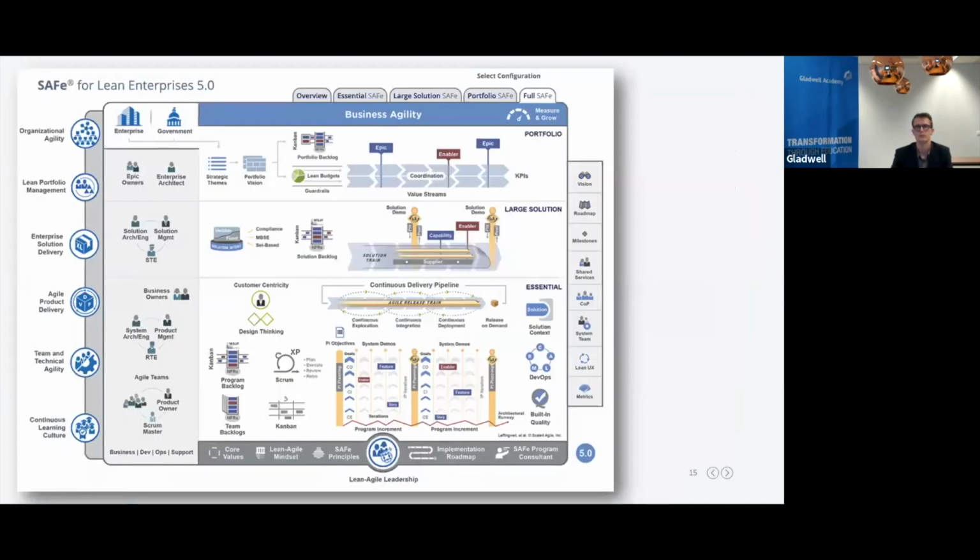Then back to this beautiful new picture. What a beauty. Immediately we see at the top that it's all about business agility. This is the next new thing for Scaled Agile: to go to business agility, away from technical agility to overall business agility. So, how to become agile and adaptive as an enterprise, which is really the next step.